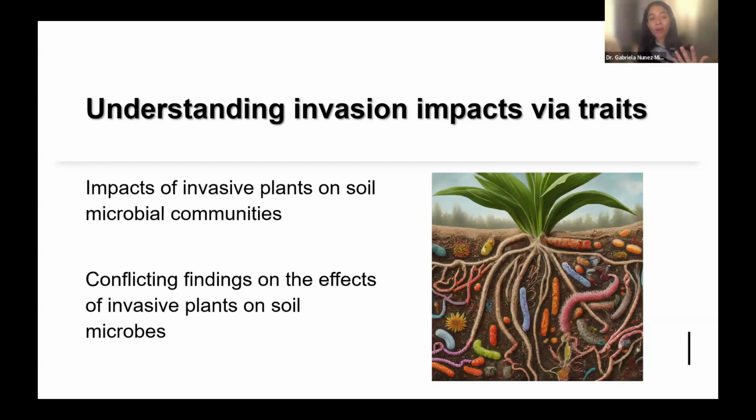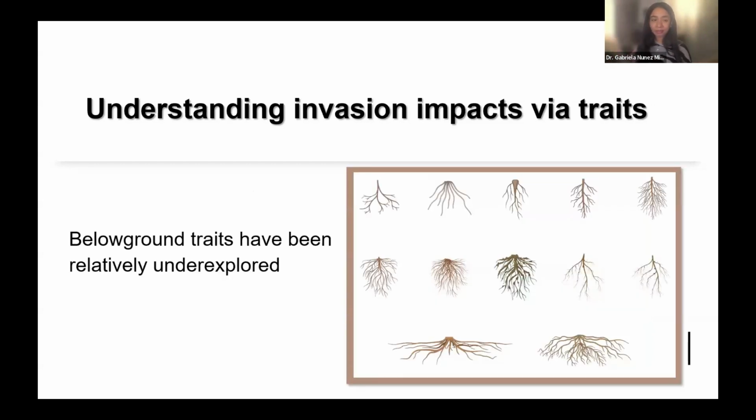However, in the literature as a whole, we still have conflicting findings. It's not very well established the ways and the effects that invasive plants can have on soil microbes. Part of that is because we know what the leaves are doing, or have an idea, and we know about allelopathy, but we haven't really looked at traits of roots as closely beyond allelopathy or nitrogen fixation. That's another one that has an effect on microbial communities. And that's because, in part,